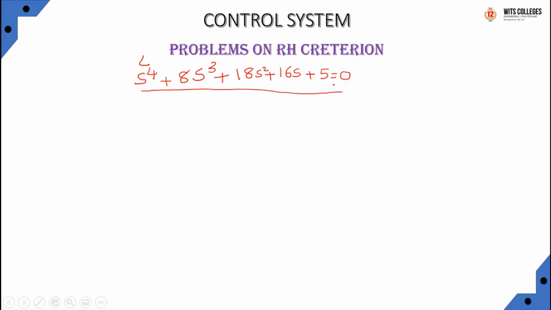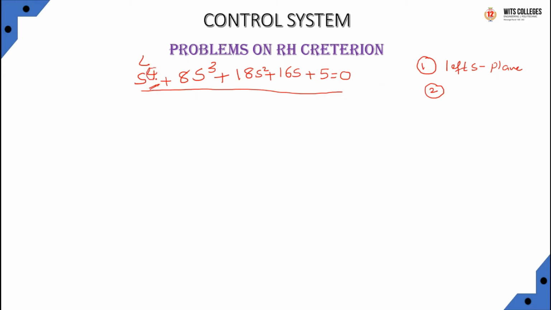Here, first we already know that in order to find the stability of the system, step 1 is the common procedure: all the poles are located on the left side of the S plane. The second condition is that no missing terms are present in the characteristic equation. This is the characteristic equation. Here the order is 4. This is a fourth order equation.